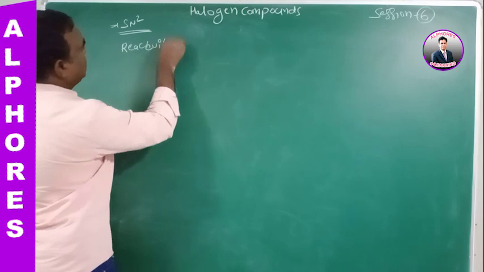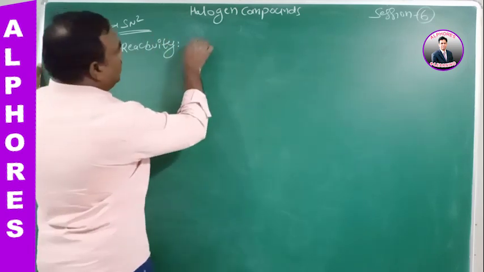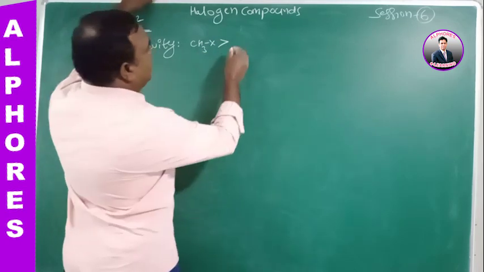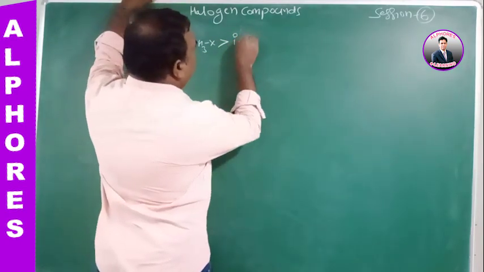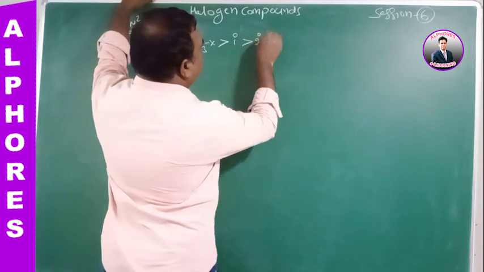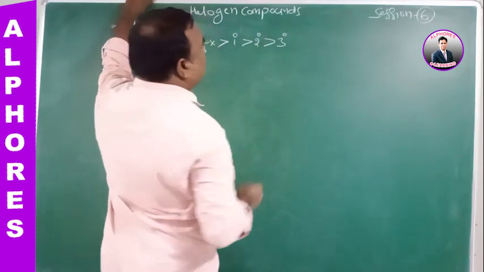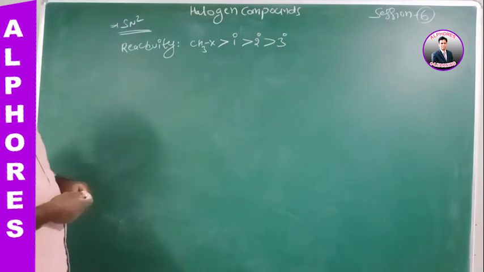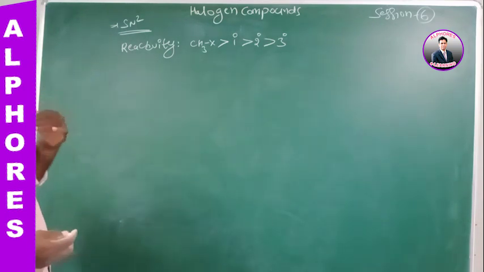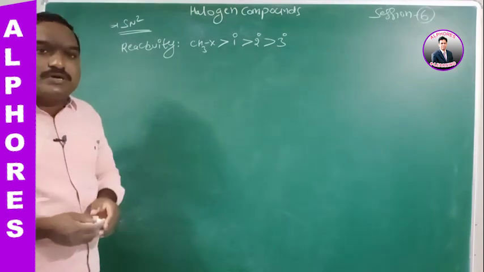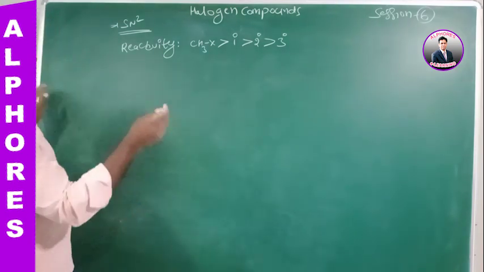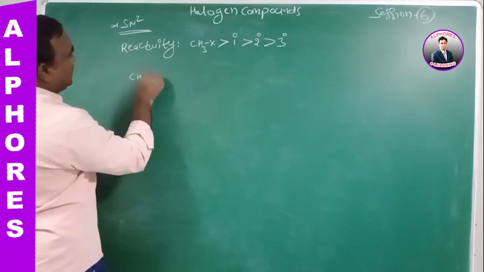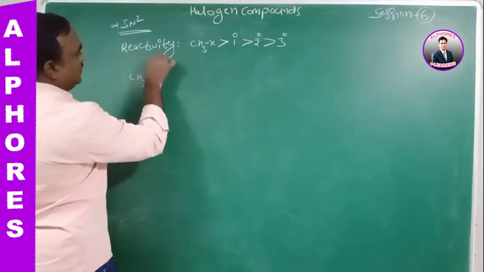How to write the reactivity: here methyl halides have greater reactivity when compared to primary. Primary is more reactive when compared to secondary. Secondary is more reactive when compared to tertiary. This is the way to write the reactivity order of bimolecular nucleophilic substitution reactions. For example, here the substrate is given, CH3, here H,